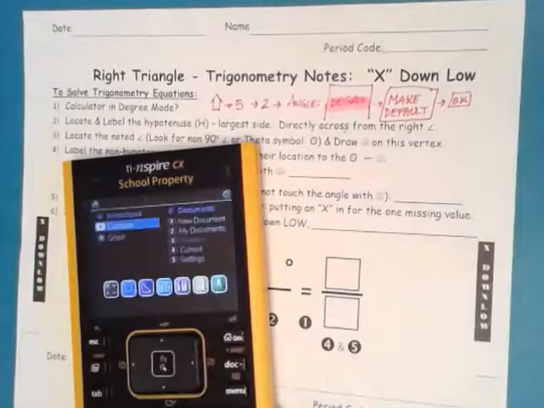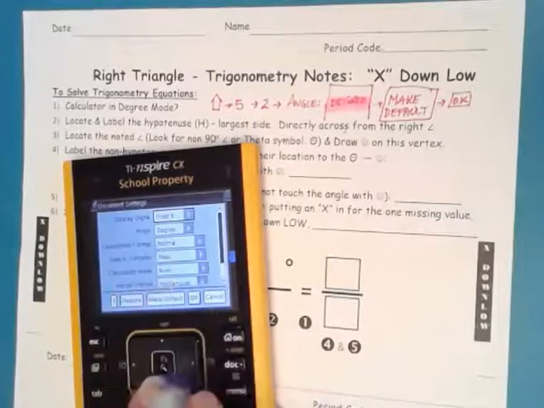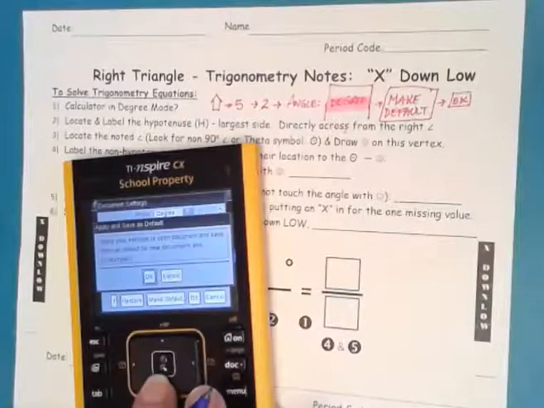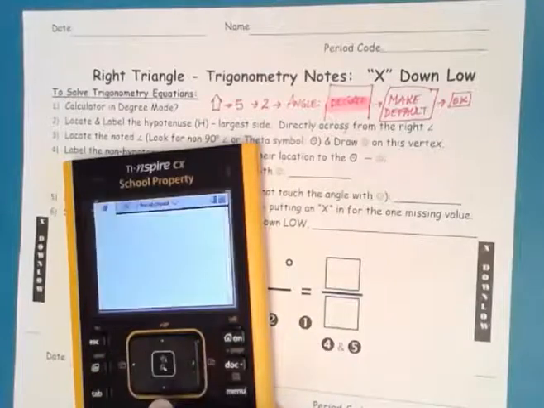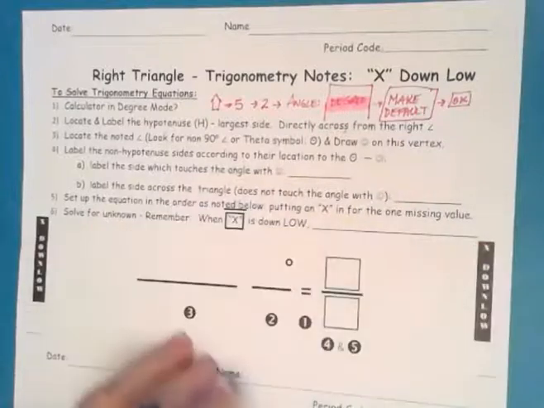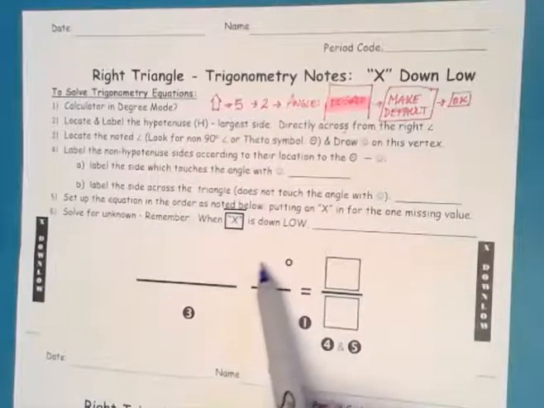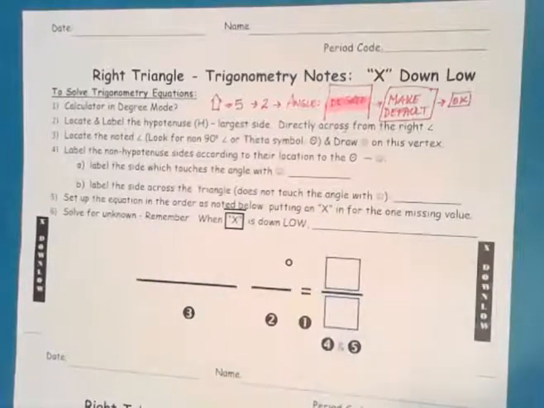You have your home screen, and you go 5, 2, check to make sure it's in degree, come down all the way to the bottom, make it default, hit OK, and you're ready to go back over to calculate and scratch pad. And you're going to go through the same things you did yesterday in the exact same order. First you'll put an equal sign, you'll put in the degrees of the theta angle, you decide if it's a sine, cosine, or tangent problem, and based on that you'll set up your ratio on the right hand side correctly. So let's try 3 problems